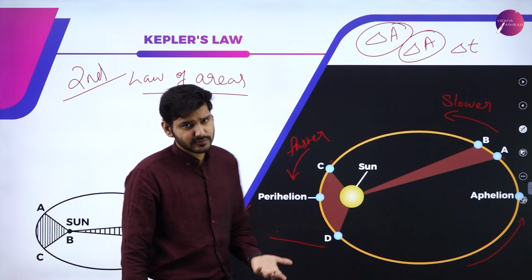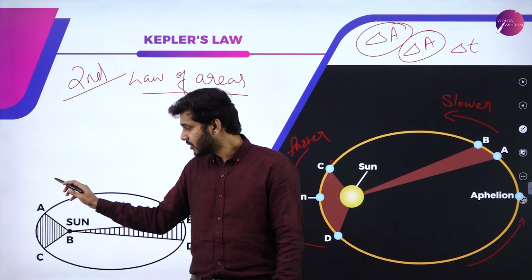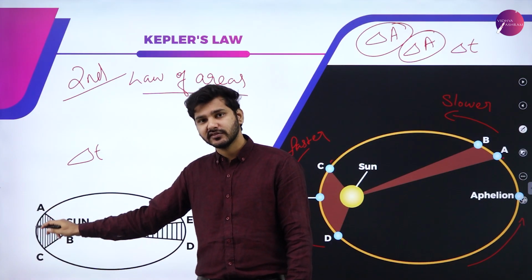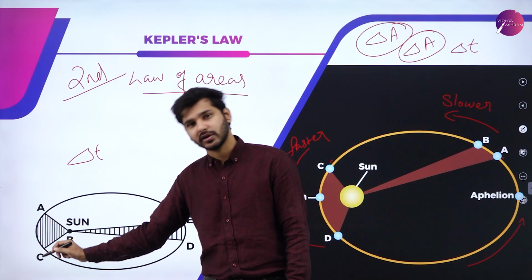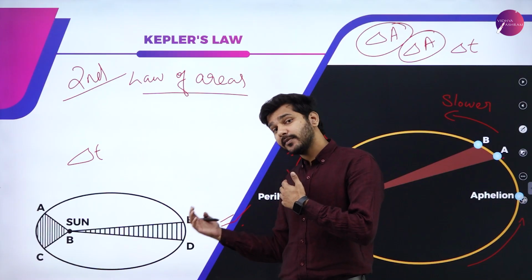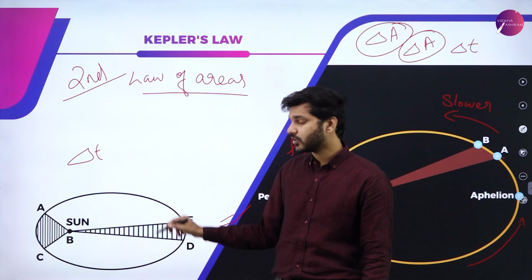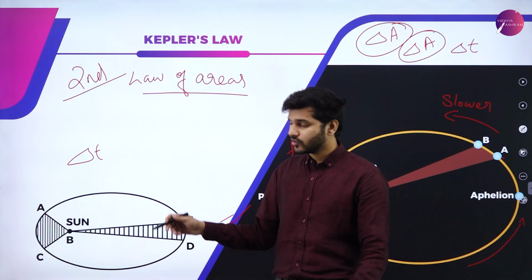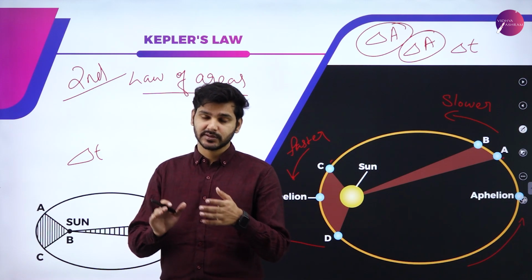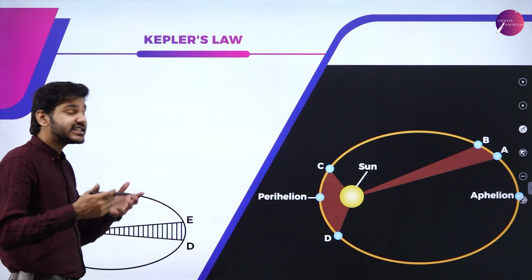To put it simply, he considered one area near the sun. He measured, in delta t time, the planet covers this much area, and then he measured one other point where the planet is far away from the sun, and again in delta t time he measured the area being covered. Then he found out that both these areas were equal to each other. So he mathematically proved that and stated it as a law. So the law stated that